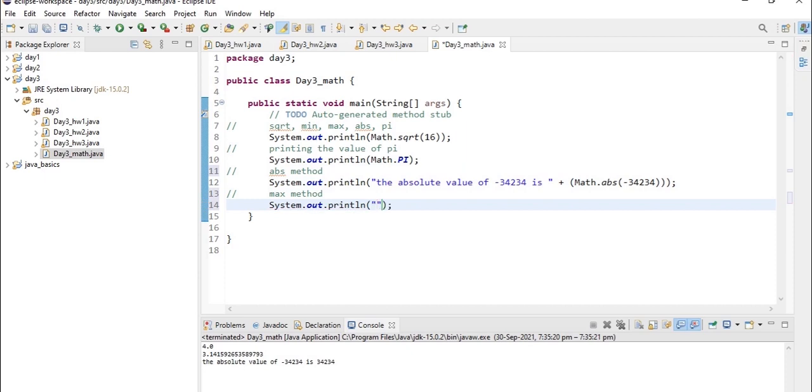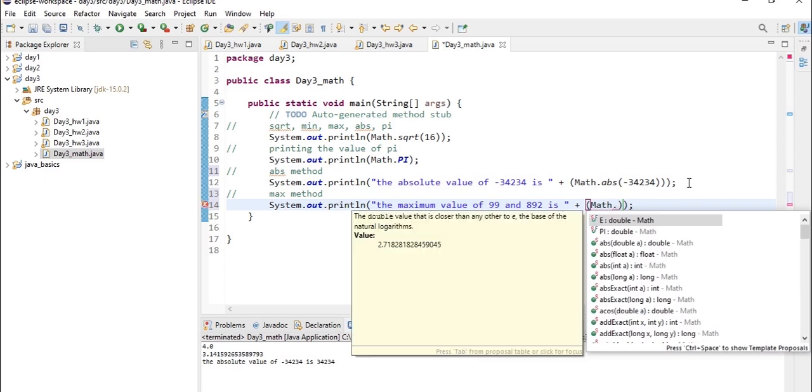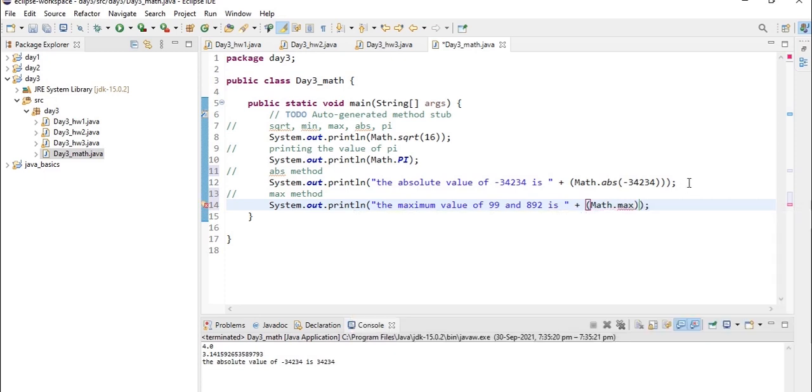System.out.println the maximum value of 99 and, let's say, 892 is, let's concatenate, and Math with capital M dot max of 99 comma 892, and let's execute this.